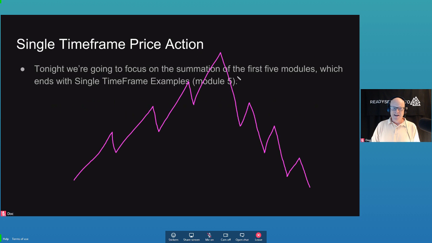I was the jack of all trades and the master of none after a while. And I had to learn how to focus on one thing. And if there's one thing that I could get you guys to focus on and emphasize to really spend your time getting good at, it would be single time frame price action. I trade multiple time frame price action all day, every day in many, many different markets.